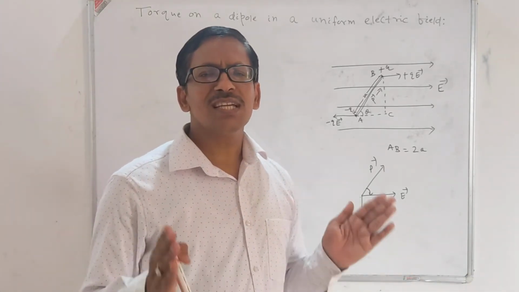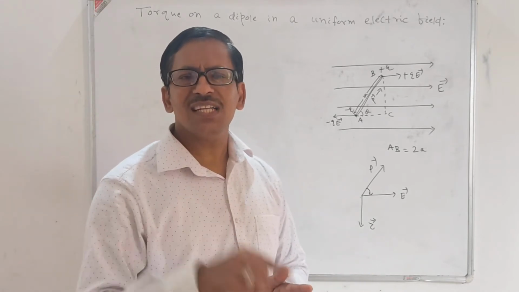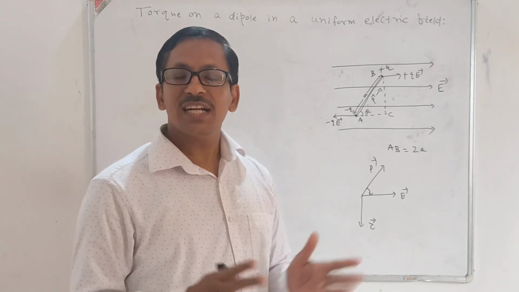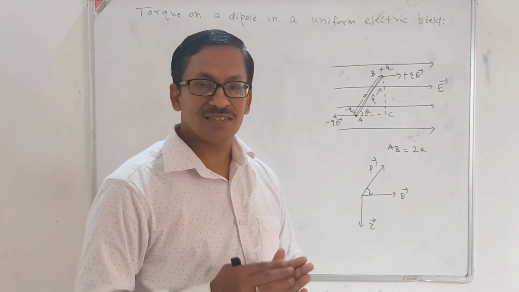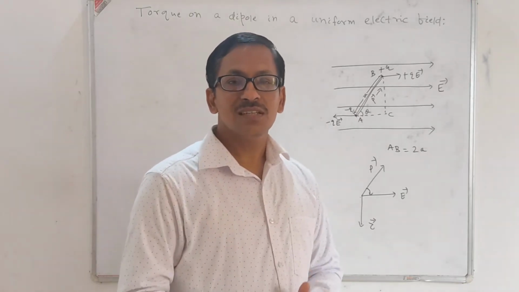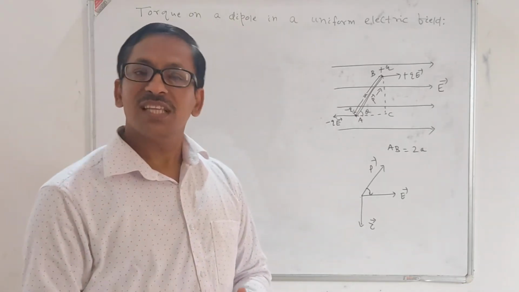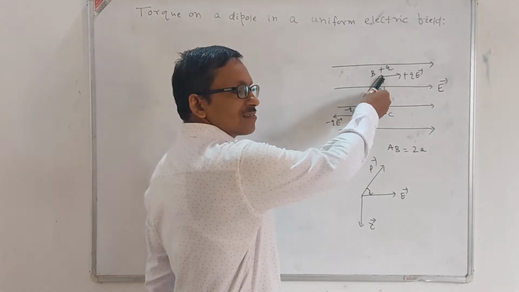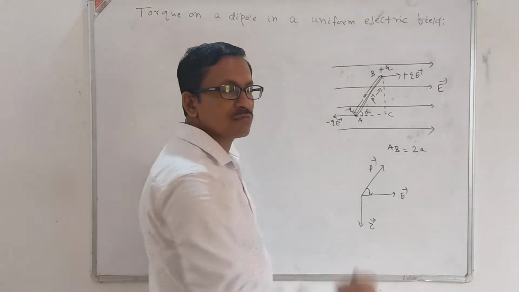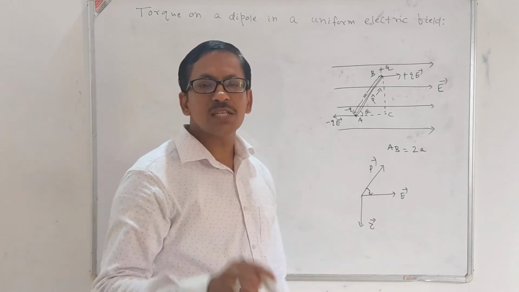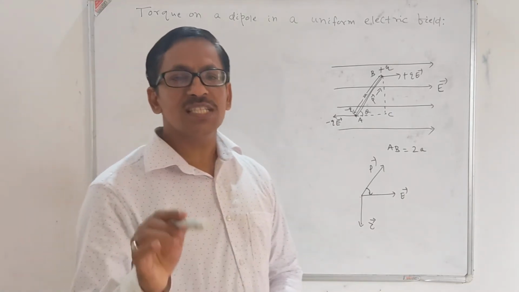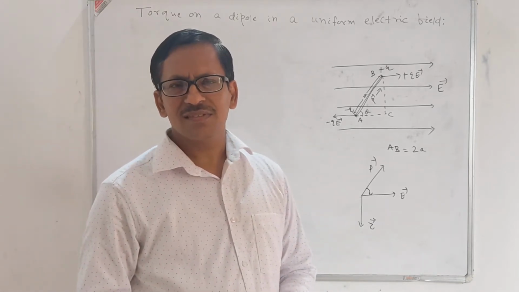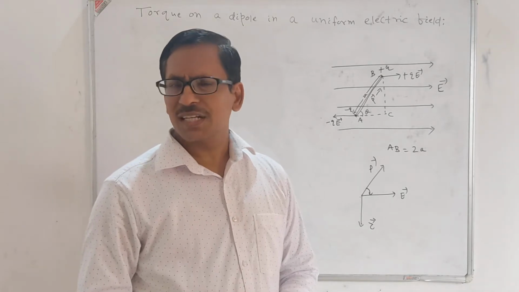You know, when a charge is placed inside an electric field, it experiences a force. Electric field is nothing but the region of influence, and when a point charge is placed inside an electric field, then it will experience a force. Now it is just a system of 2 point charges. One is minus q, the other is plus q, and minus q will experience a force, plus q also will experience a force. Then let us see what happens when it is placed in the uniform electric field.